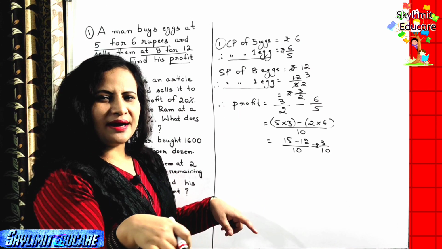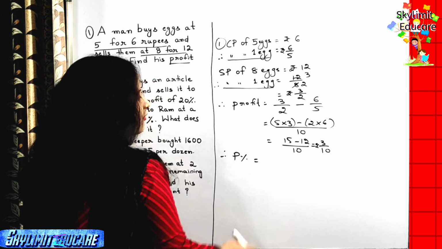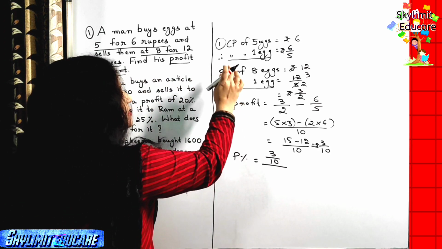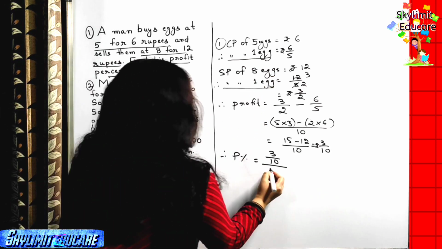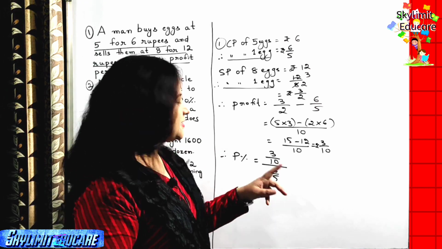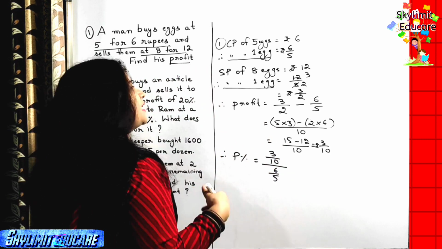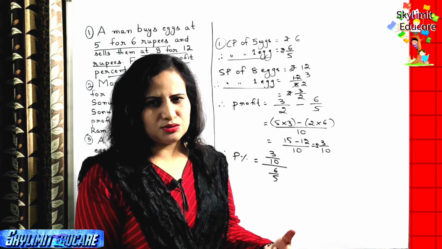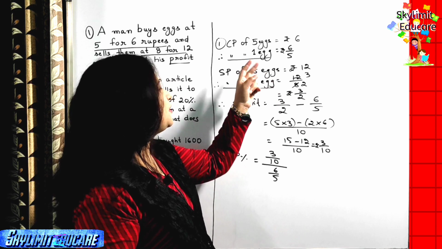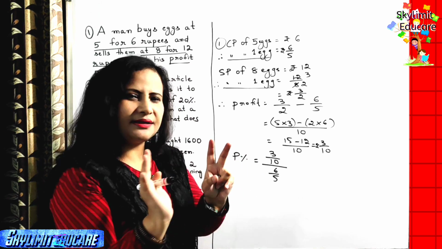And now we are supposed to find out the profit percent, right? So profit percent equals profit, which is 3 by 10, divided by the CP. CP here for 1 egg, right? Because we have calculated the profit on 1 egg, so CP also for 1 egg. Here if you want, you can calculate the CP of 5 eggs and the SP of 5 eggs also. But it's always better to take the price of 1. If a student wants, he can find out the CP of 10 eggs and the SP of 10 eggs. That also will be correct. Clear? But our number of articles should be the same.